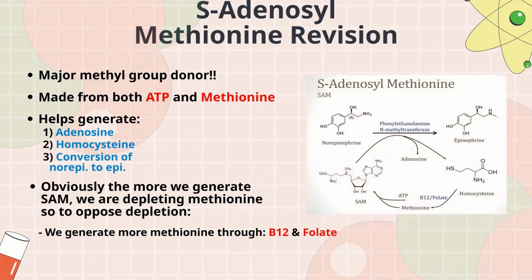So here is what I wanted to show you. Norepinephrine is converted to epinephrine through this very long name, which is why I didn't want to give it to you, guys. It is also called PNMT for short, but I put it so you can recognize it in the exam. It will give adenosine and homocysteine, which with B12 and folate is going to form methionine, and methionine is going to eventually form SAM with ATP. SAM is going to help as a cofactor for converting norepinephrine to epinephrine. And that's about it. Now let's talk about other tyrosine byproducts.